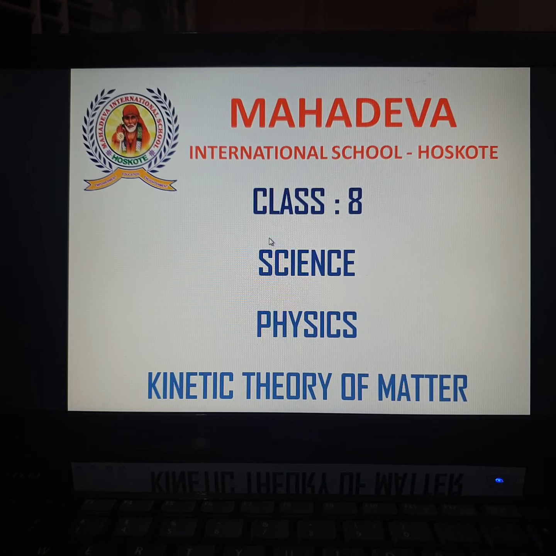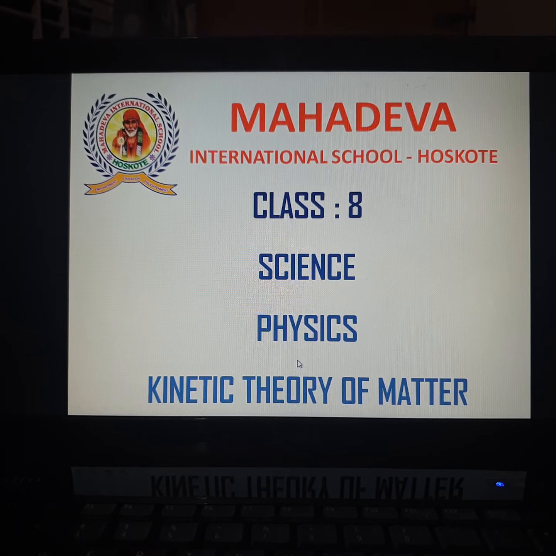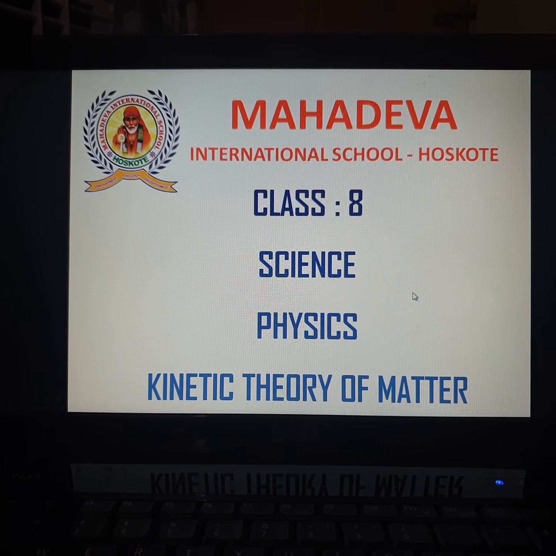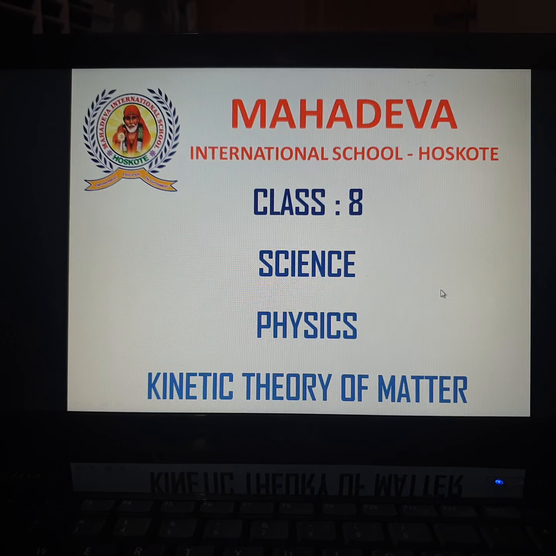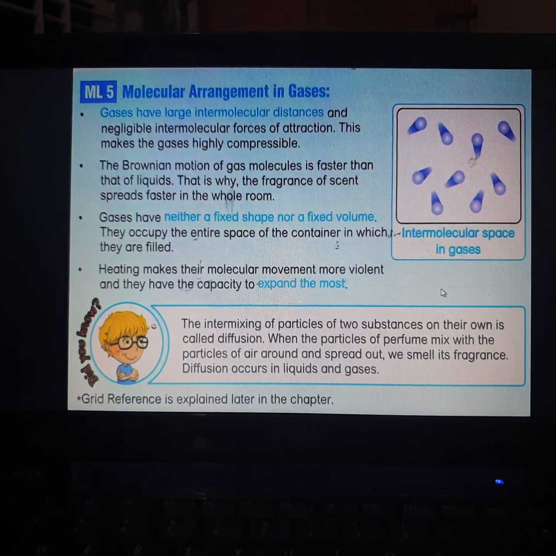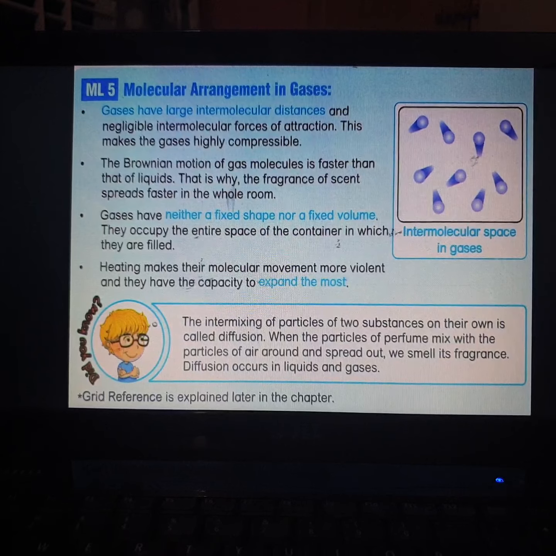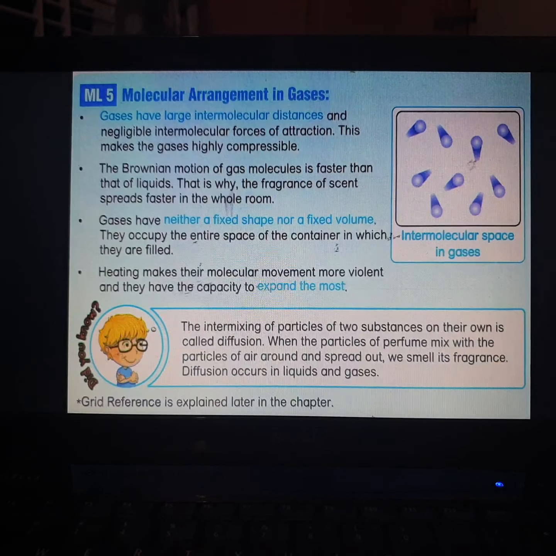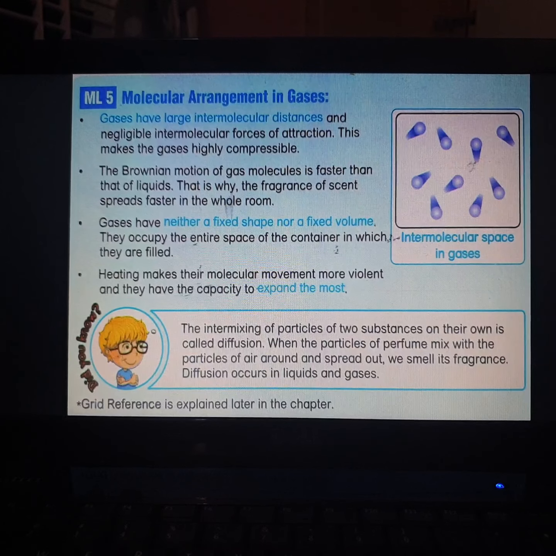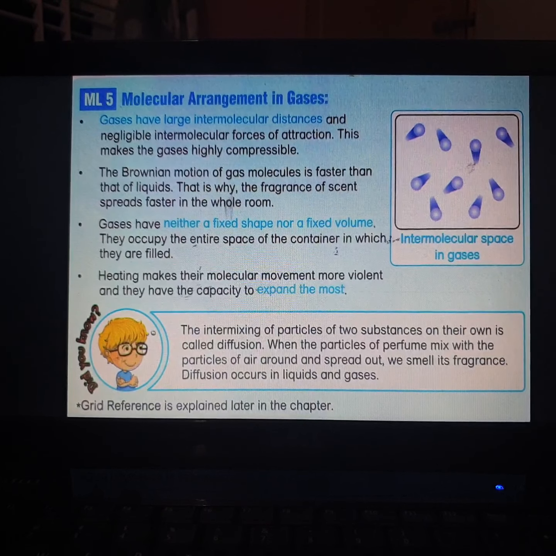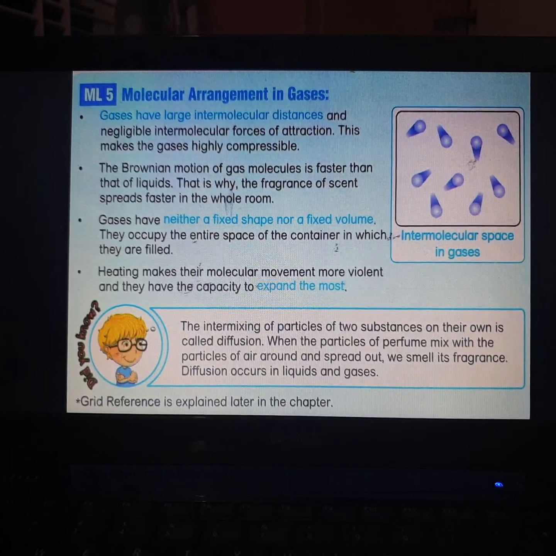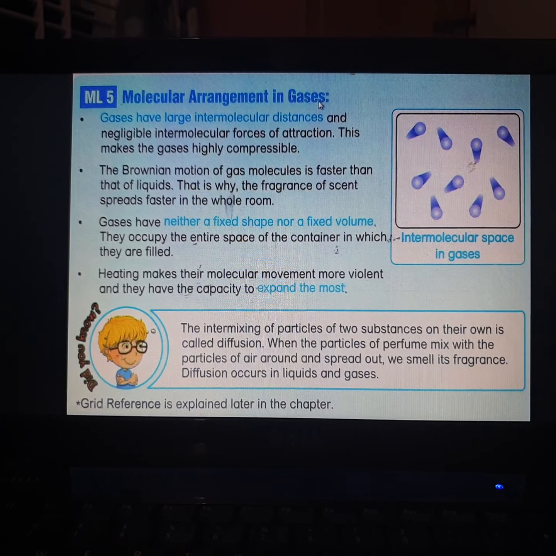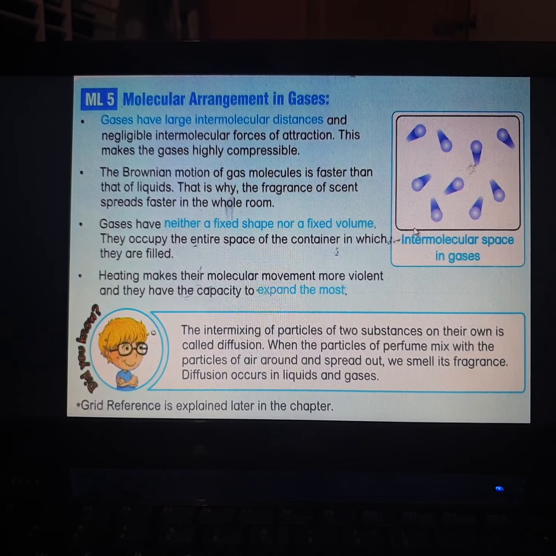We shall discuss the physics chapter, kinetic theory of matter, which we were discussing in the previous class. In today's class, we shall study the molecular arrangements in gases. In the last class, we had studied molecular arrangements in solids and liquids. Today we shall discuss how the molecules are arranged inside